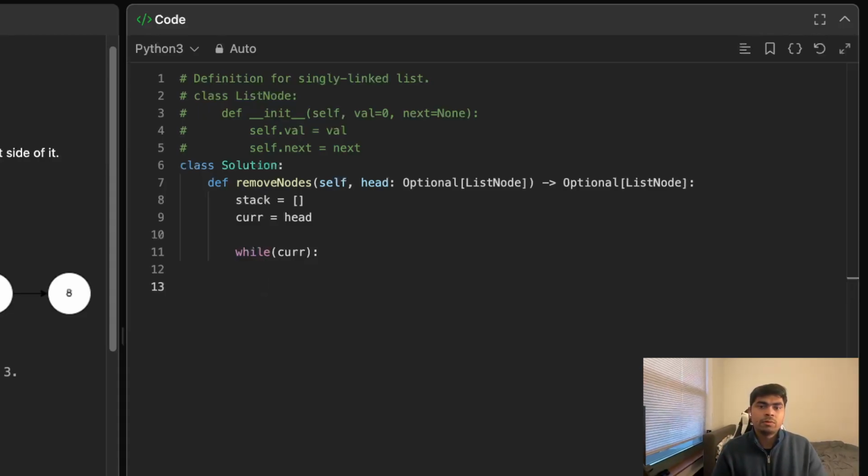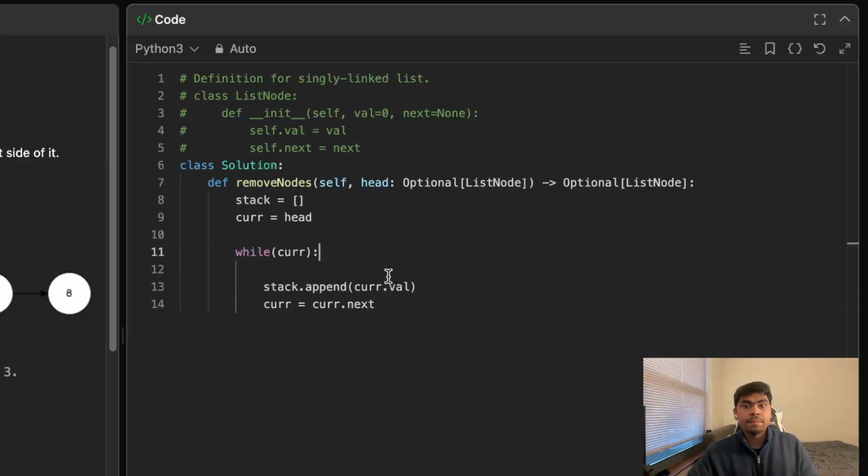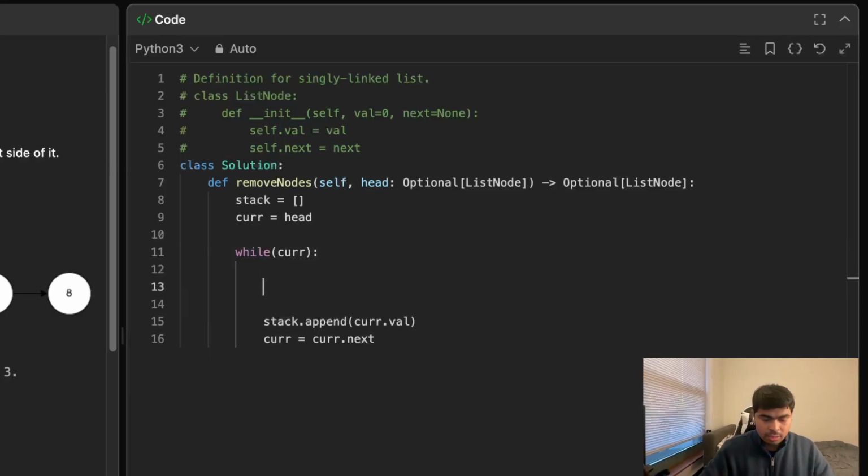current value to the stack, right? So what I'll be doing is stack.append cur.value. So I'm just doing the value, not the nodes. Now this is what I'm doing, and at the same time I will be cur equals cur.next. All right, that's simple. I'm just creating the linked list and storing the values into my stack, but we know